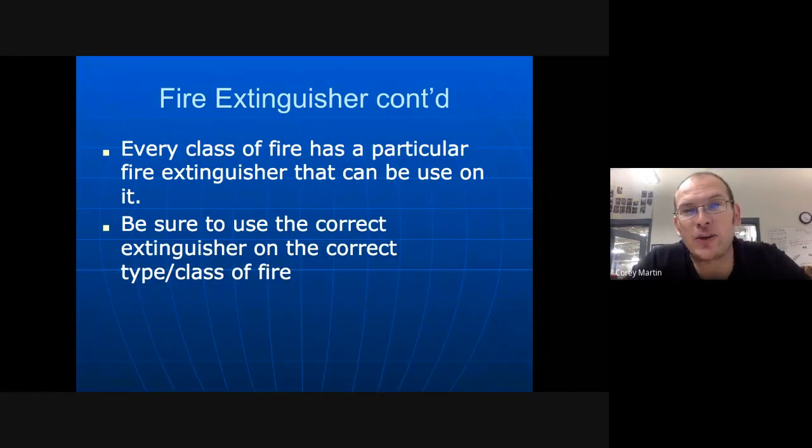Now, before you go to extinguish a fire, it's very important that you understand first what type of fire you're dealing with. So to give you a perfect example, again, you've probably heard this before, water and oil do not mix. So if you have a Class B fire, let's say a typical grease style fire, kitchen fire even, if you take a bucket of water and throw it on top of that, it's going to get twice as big and twice as nasty really fast because water and oil do not mix.